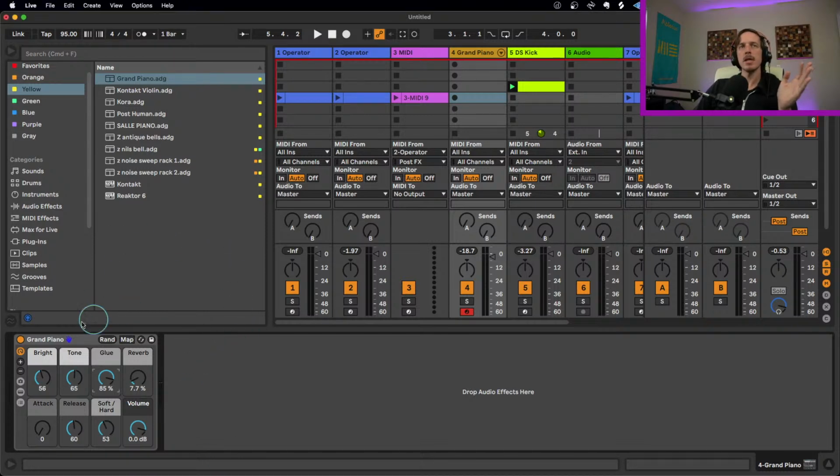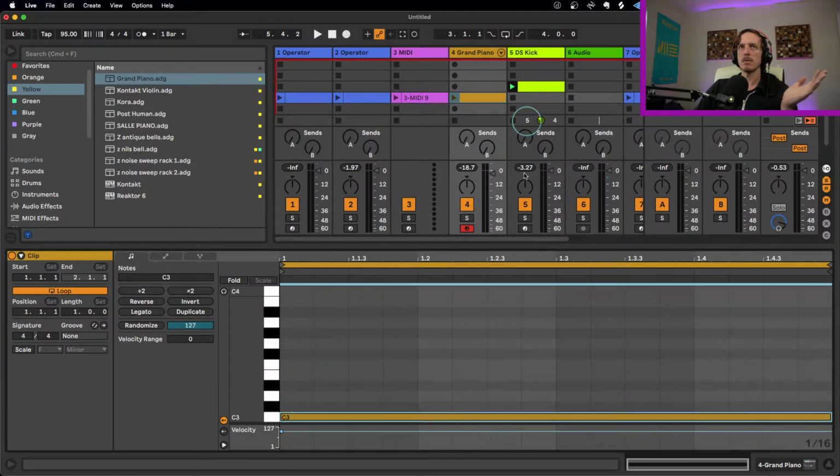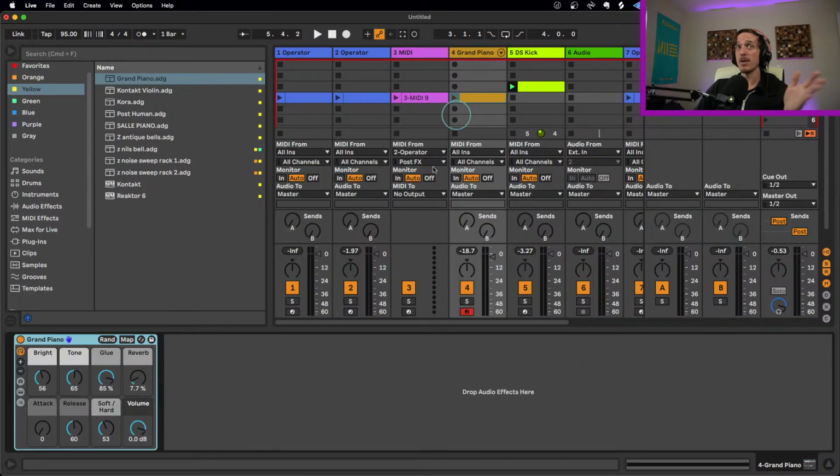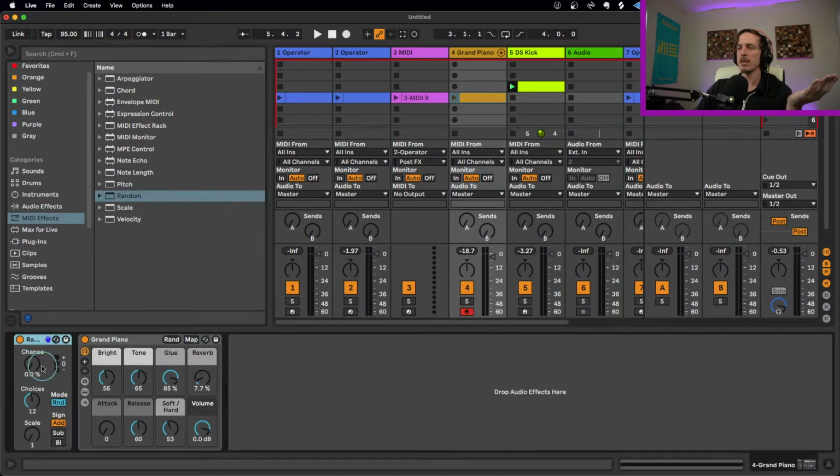All right. So yeah, we're gonna take this piano and we're just gonna start randomly generating chords. And to do this, I'm just gonna put in a chord here, and not a chord. I'm gonna put a single note there. Note shouldn't matter itself because we're gonna use it to generate things. So to do this, we are going to be combining, I think, with the best order of operations here, I guess the random device first is going to be probably where we start. And that way, every time I get a note, we can make it play a random note. So if I play the same note over and over again,